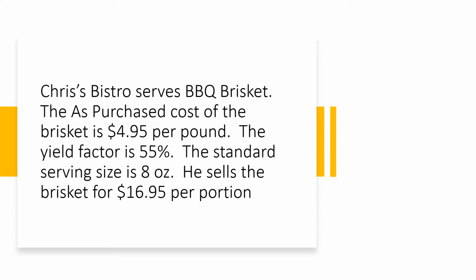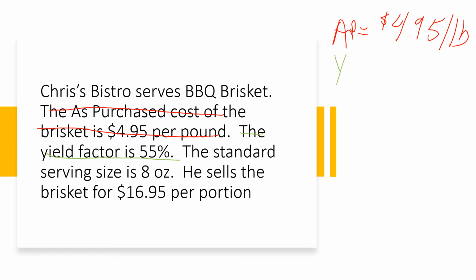So what I recommend that you do is right here on the margin, go ahead and write the things that you know. What's the first piece of information that we get? The as purchased cost is $4.95. So I cross that out and I put AP equals $4.95 per pound. What's the next piece of information? Yield. The yield factor is 55%. So yield factor equals 55%. The next piece of information,